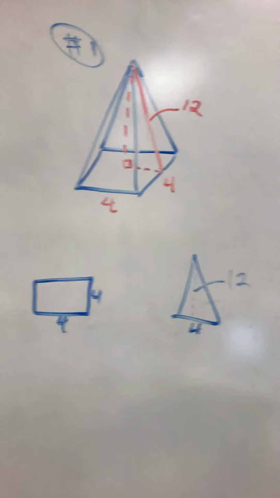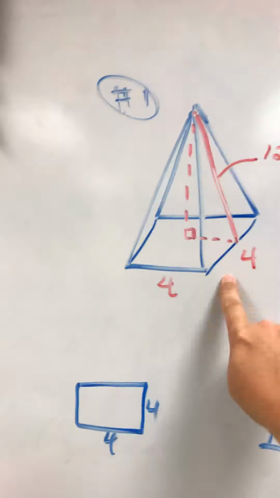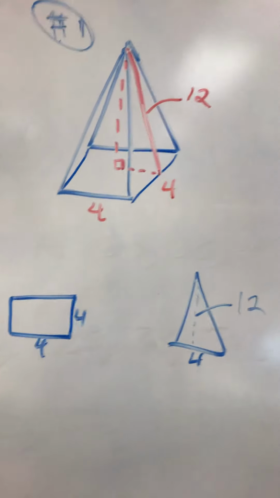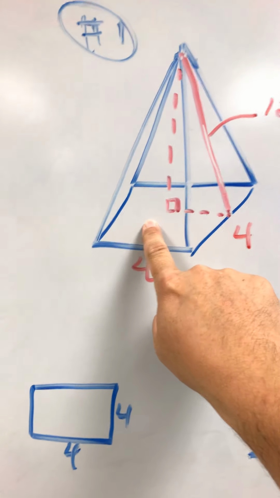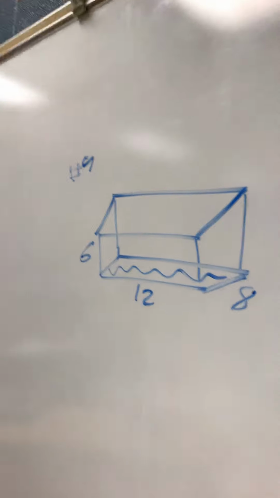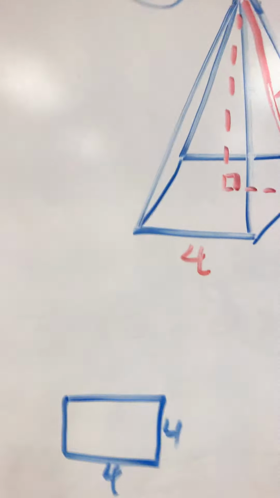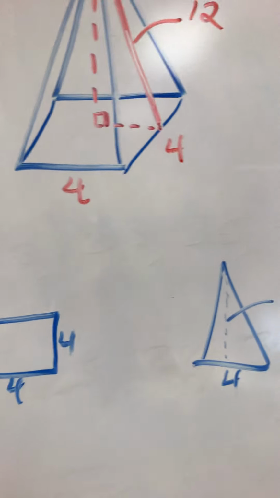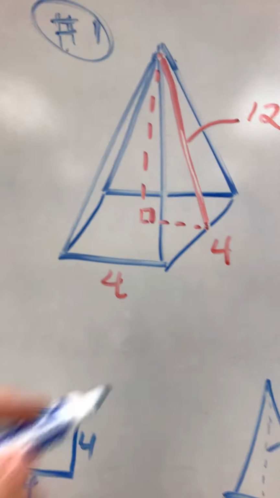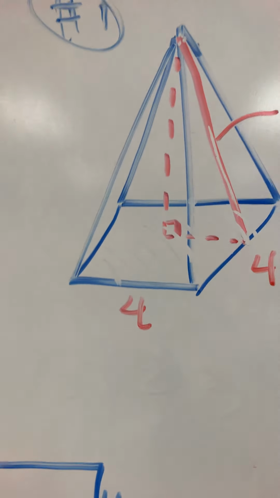So first thing you're going to notice about prisms and pyramids. This is a pyramid because, well, that looks like a pyramid in Egypt, right? Pyramids have only one base. Okay, so that's kind of how you can differentiate a pyramid from a prism. So the base. In this particular page, they're wanting you to find the surface area, which means I want to know the area of that base